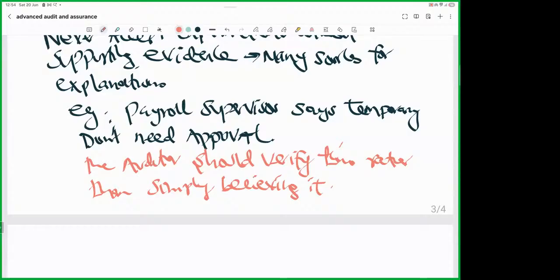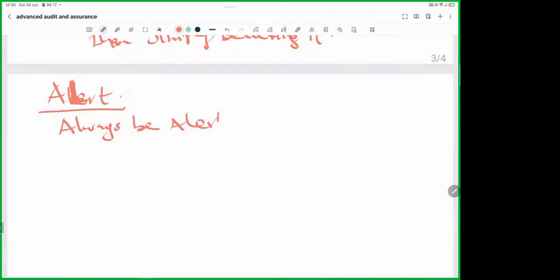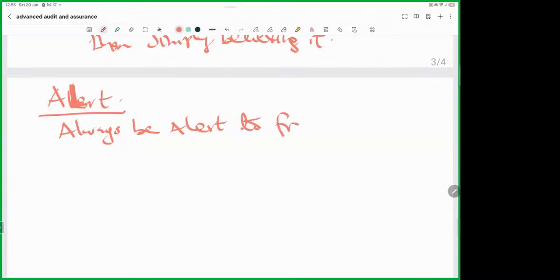Ladies and gentlemen, we have the concept of alert, and I want you to be answering these questions on alert. Alert is single L. Professional skepticism, for you to get 6 marks, I want you to be answering them this way. Always be alert. Be alert to fraud,